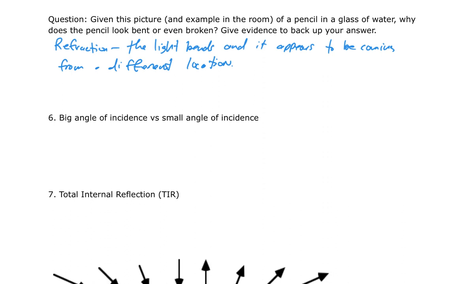Well, with refraction, with the pencil in the glass, we have the opposite happening. We're looking at the pencil, and the image of the pencil is really what we're seeing when it's in the water. The image of the pencil is actually closer than the actual pencil, so it looks bigger. And that's exactly what we have here. So give evidence to back up our answer. Well, we know it's the same pencil, but since the image looks closer